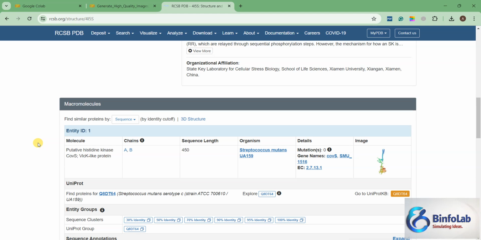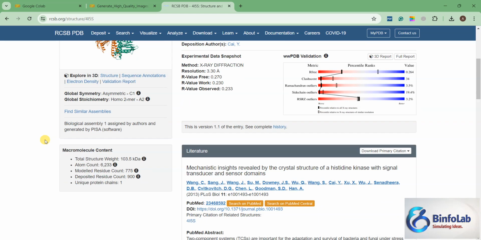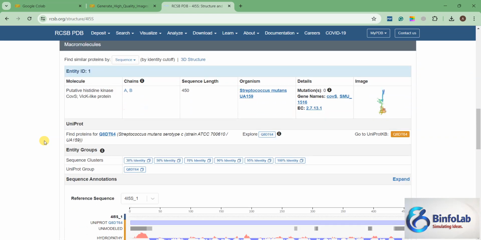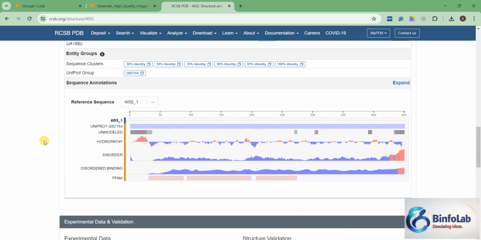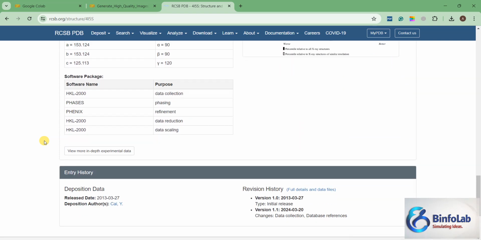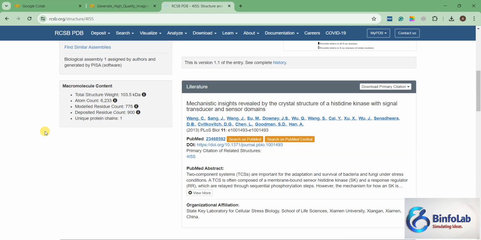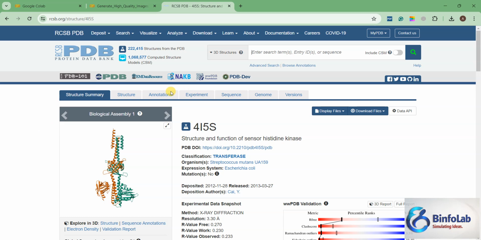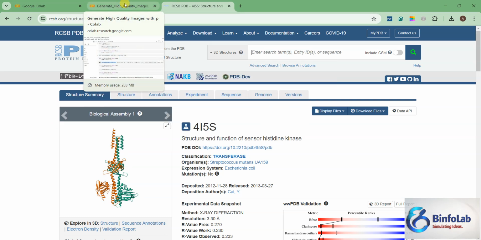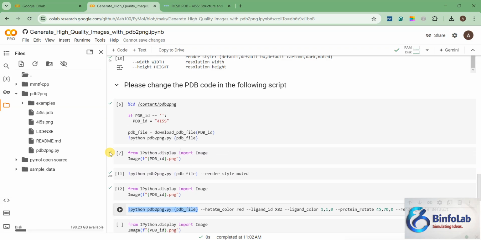Okay, I think we do not see any ligand information. Let me check. Okay, I do not see any ligand information, so quickly I will change the structure to some other protein. Let's say,